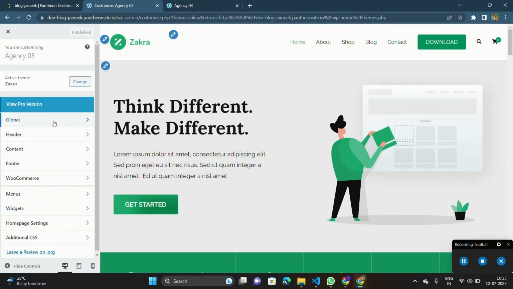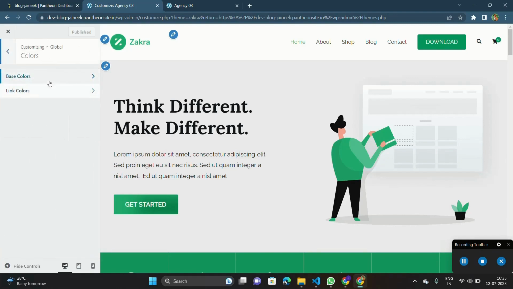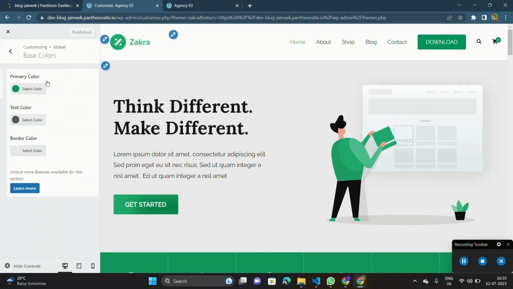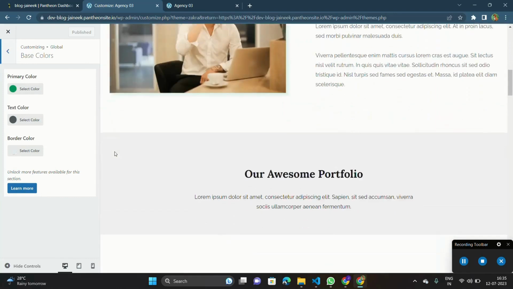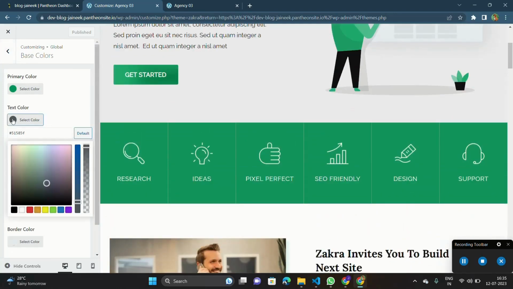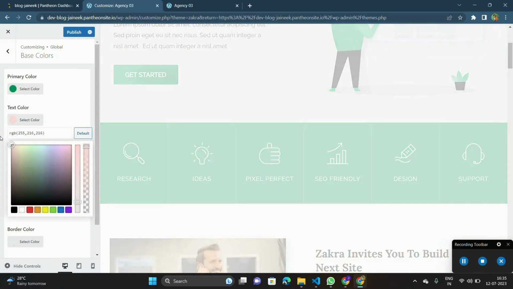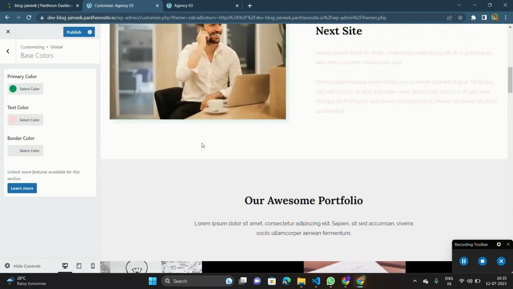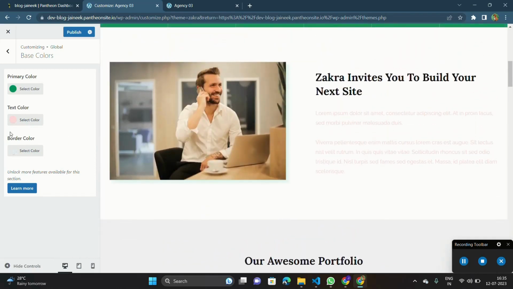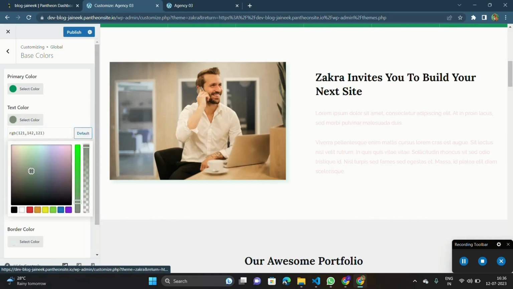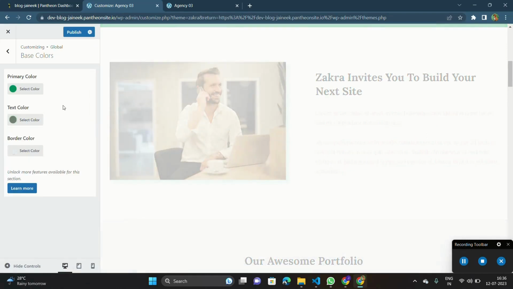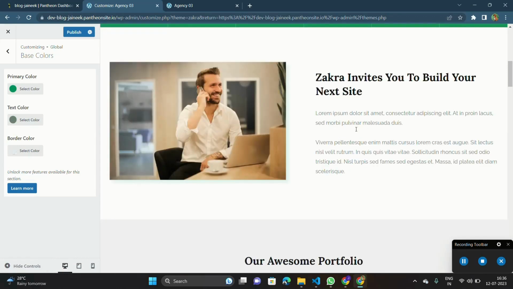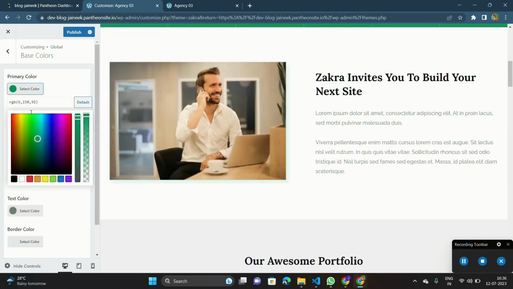Firstly, there is Global. Click on it, and here are the options for colors, background, layout, typography, and button. In colors, there are different colors for background and text color. If we change it, it will be applied to our website also. Like this, this is for the text color. So let's keep it the same. And then this is the